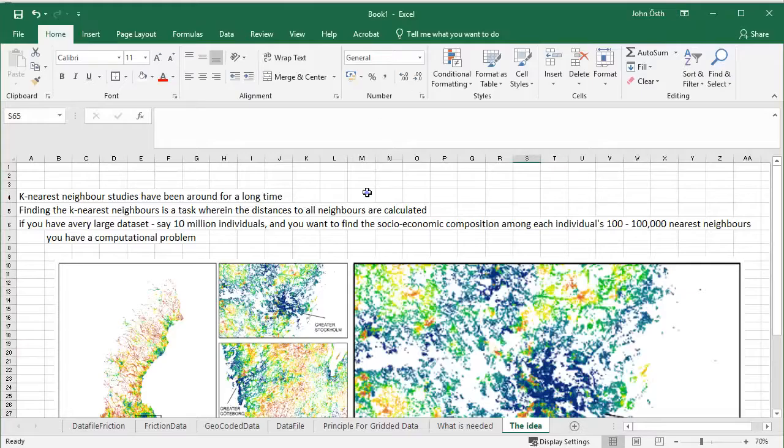We'll start with a look at the Excel, and I've got a few tabs down here. The idea is of course to use a k-nearest neighbor approach, and k-nearest neighbor studies have been around for a long time, so this is nothing new. So finding the k-nearest neighbor is a task wherein all the distances to all neighbors are calculated,